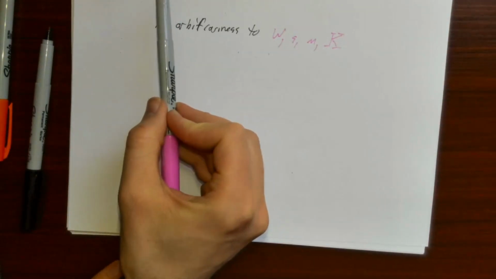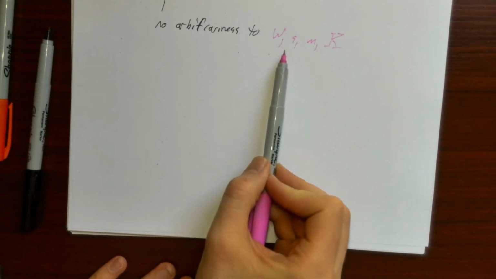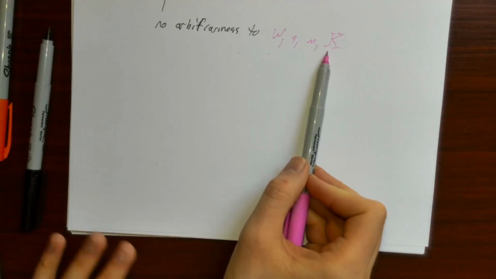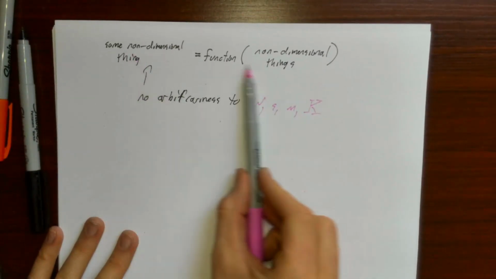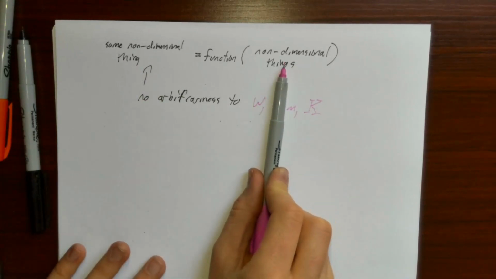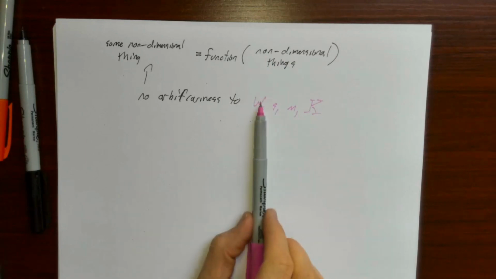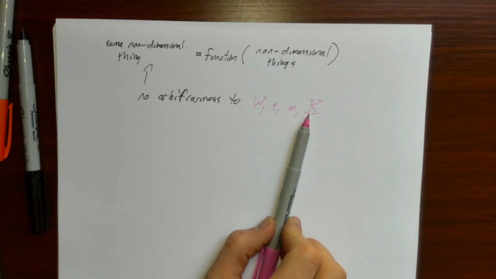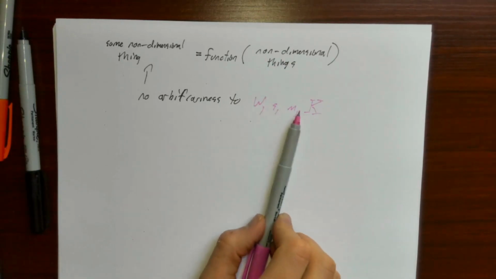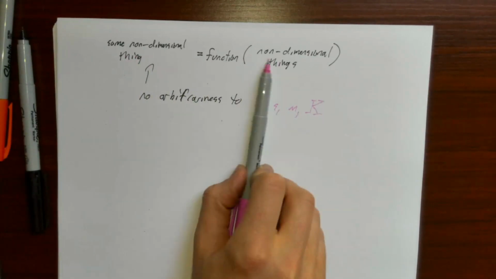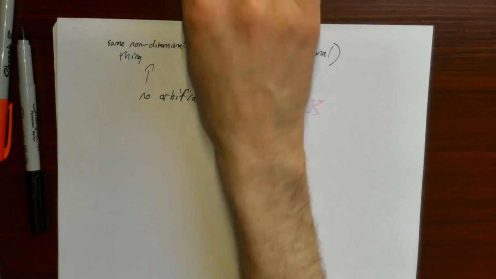If essentially I form ratios where the watts cancel out and the seconds cancel out and the kelvins cancel out, then I have something that's truly fundamental, that I could go to the planet Zarbok and they'd be like, yep, that's great, and I wouldn't even need to tell them what watts and seconds and meters and Kelvin are, because they could work it out in their own units, and this relationship would still be just as true for them as it is for me.